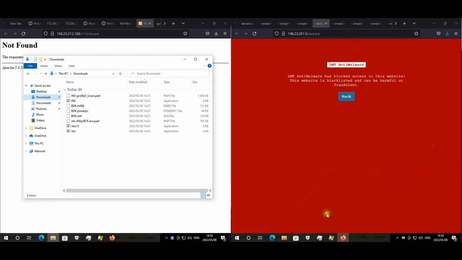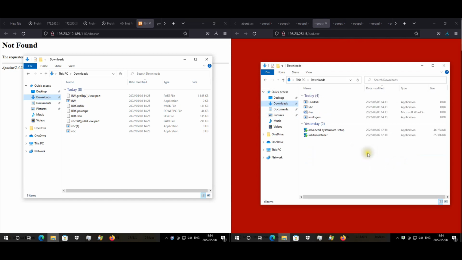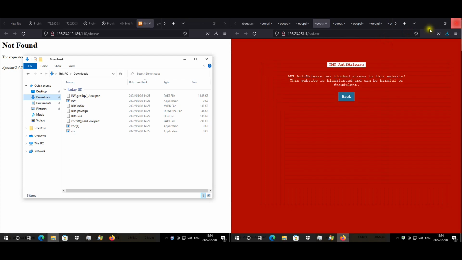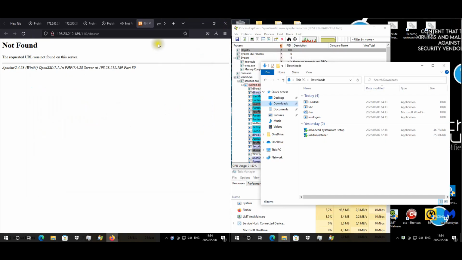Okay, so let's quickly have a see at the downloads. Okay, so we do have these 4 files that were downloaded. These were downloaded by me. I had to do a couple of maintenance. So yeah, we do have a couple of files that downloaded. Obviously less than